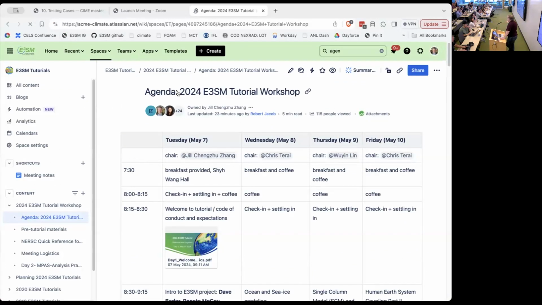We have some development processes about working with Git for doing that, but there's a larger process for engaging with the group, the core E3SM project, to make sure that your feature can actually get into the model as a permanent part of the source code.